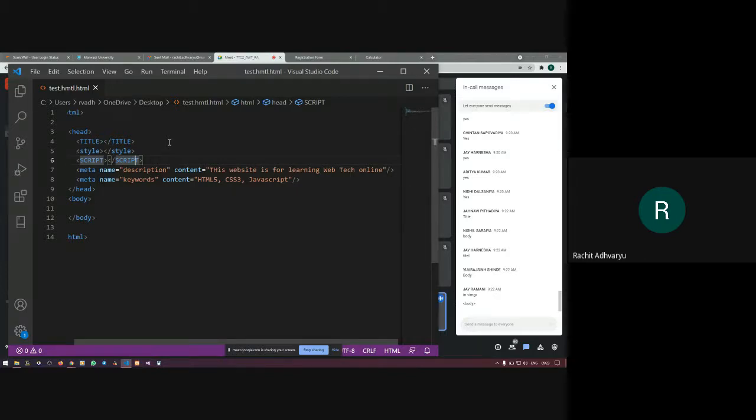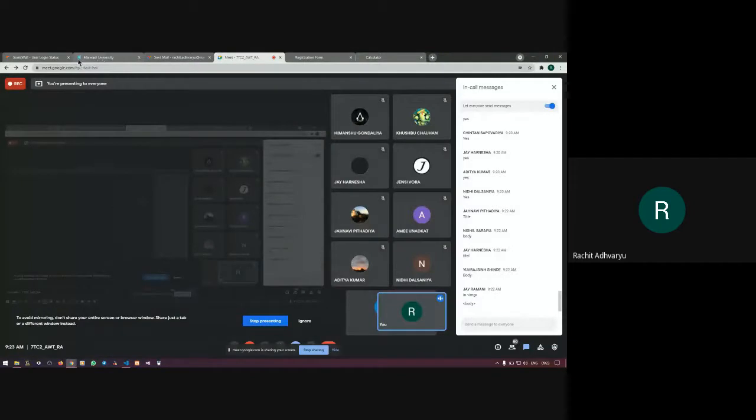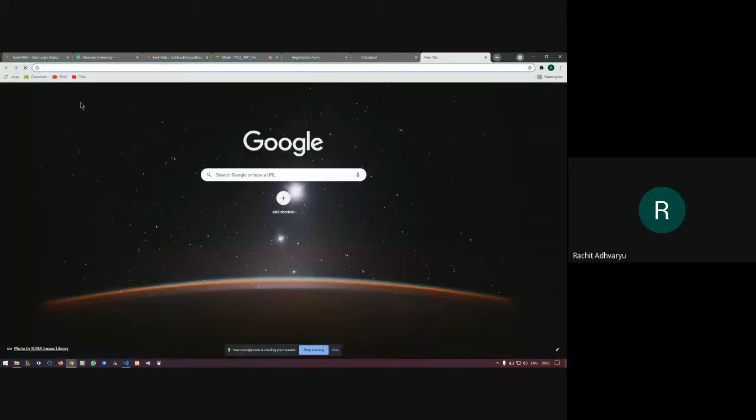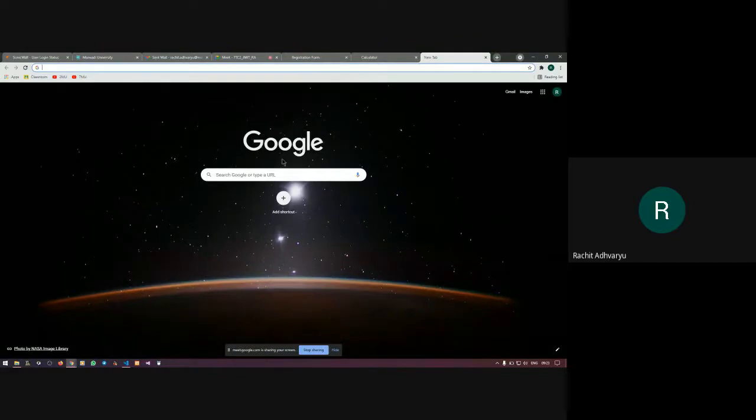Are you sure? If I want to add an icon, you can see on my screen here, Marwadi University has this icon here. Sent mail, Gmail has its icon here. Google Meet has an icon here. Then Sonicall has its icon here. So if I add it in my body tag, do you think it will work? Body tag is always used to display the data in the white screen of your browser. And how will you add it to these tabs?